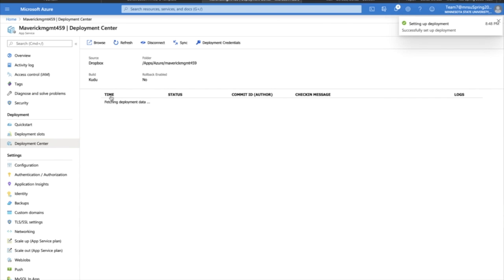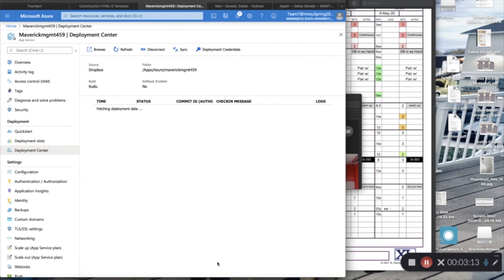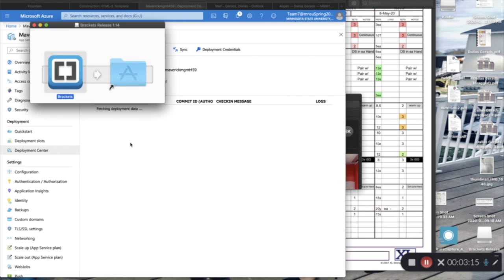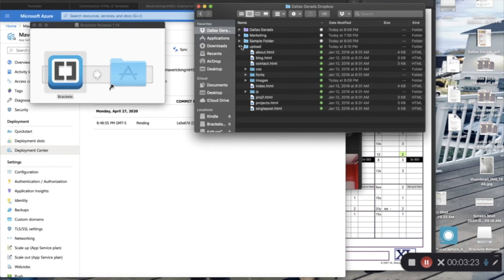Finish, and then I would take my folder from my recents, go into here, go into that, and then you just copy one command,